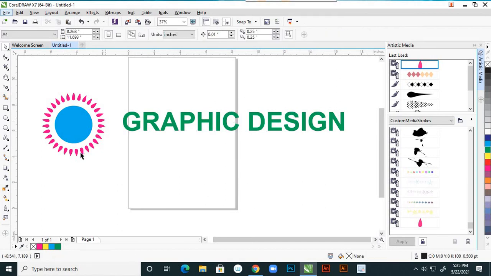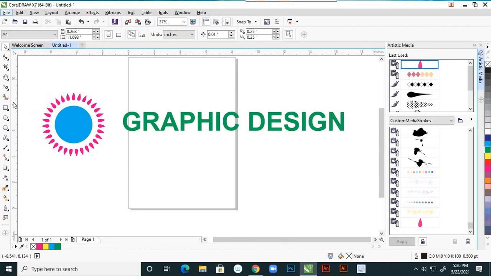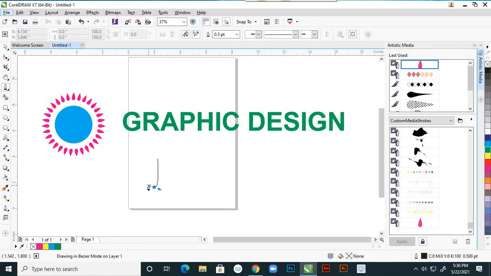For that, I want to create one more shape here. I'll take the pen tool. So with the pen tool I'm creating one shape. Suppose this is my shape, to create the new thing.